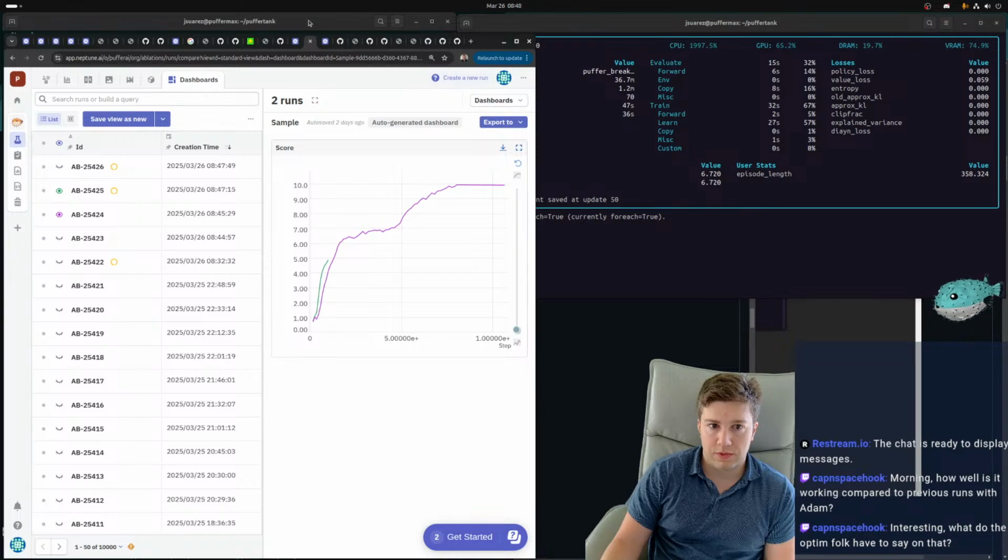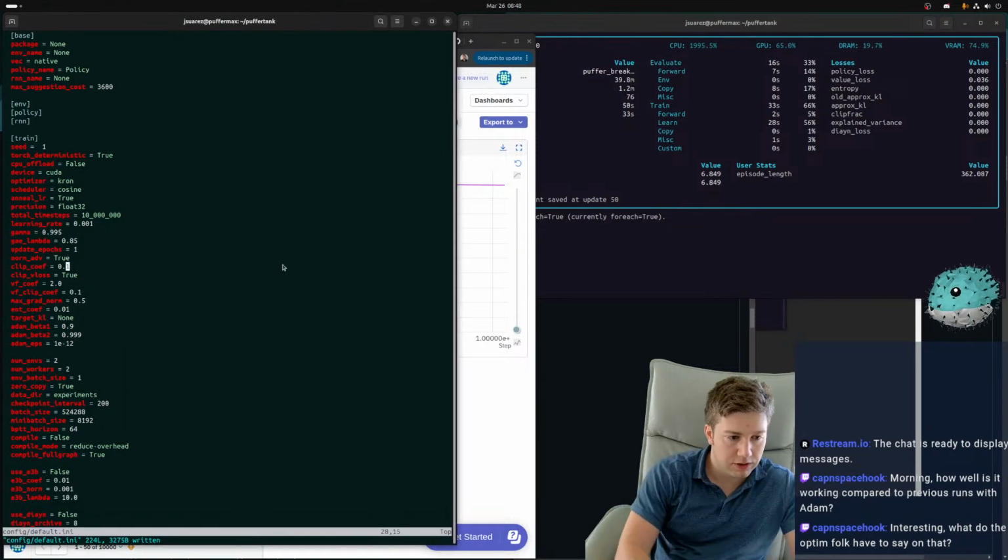Okay, something's wrong then with these defaults because this was working really, really well before.